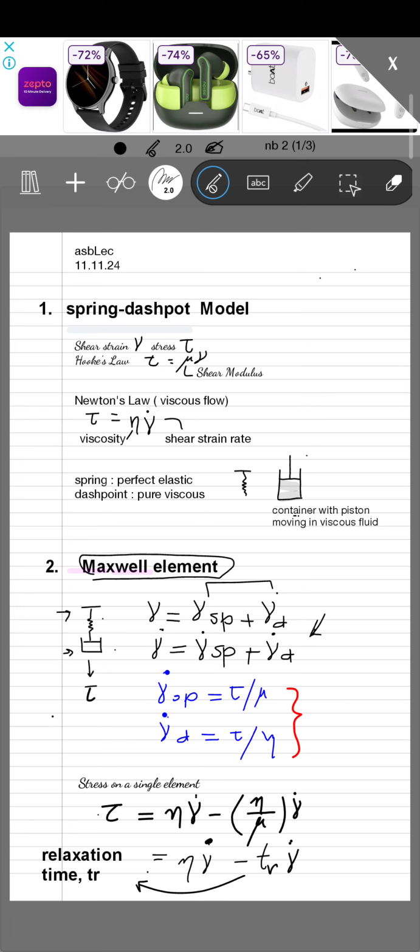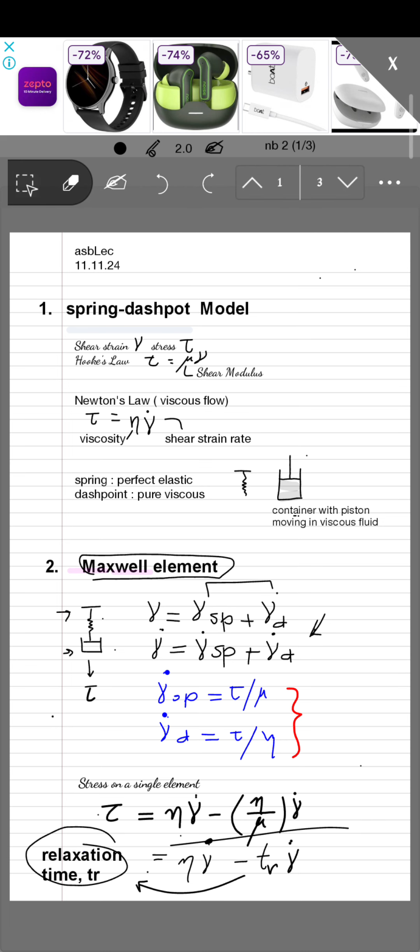However, here a new parameter has been introduced, which is nothing but the ratio of the viscosity by the elastic modulus, and that is called the relaxation time. Okay, so this is how you can connect these two entities in a single equation. Okay. So in the Maxwell's model,